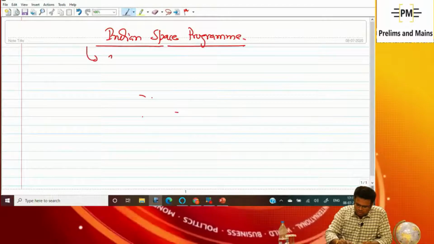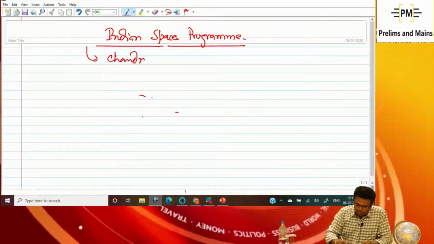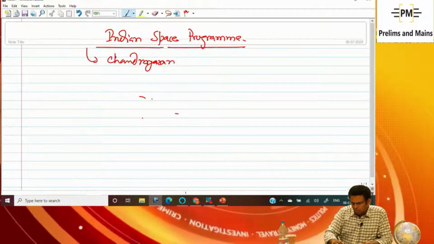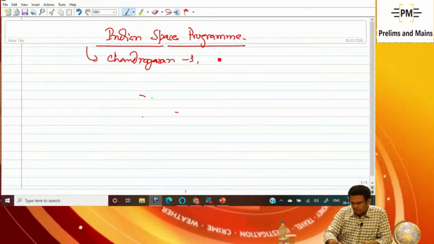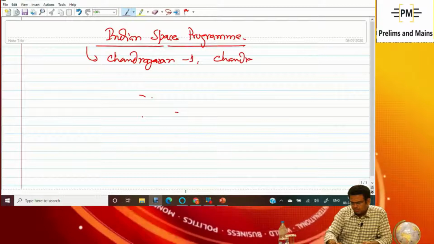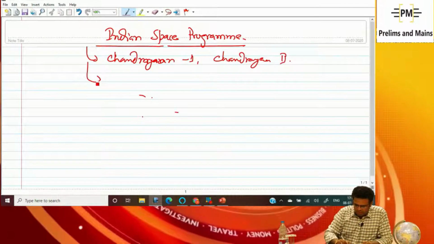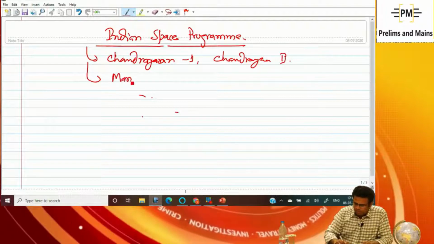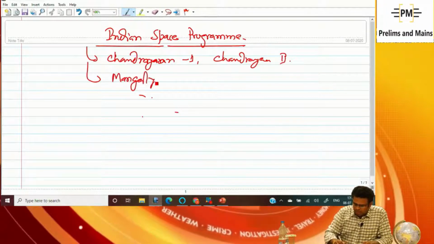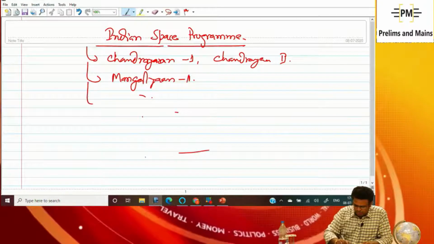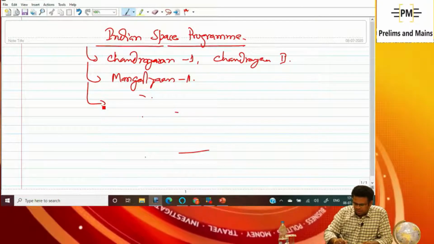First we will see about Chandrayaan 1 and Chandrayaan 2. Thereafter we will go for Mangalyaan 1. Thereafter we will see about